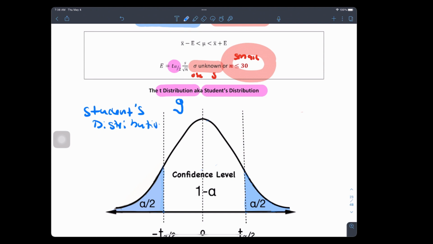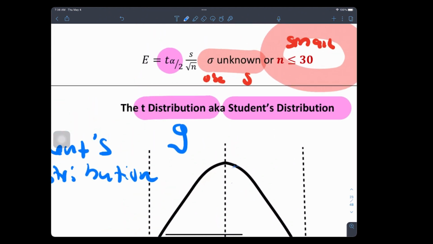Now, the reason it's called a student distribution isn't because it's about students necessarily at all. You see, when you invent, or prove and do original work in mathematics, you get to name it anything you want. You get the right to name it. So a lot of times mathematicians name things after themselves because it's their original work. Well, the person that did the t distribution